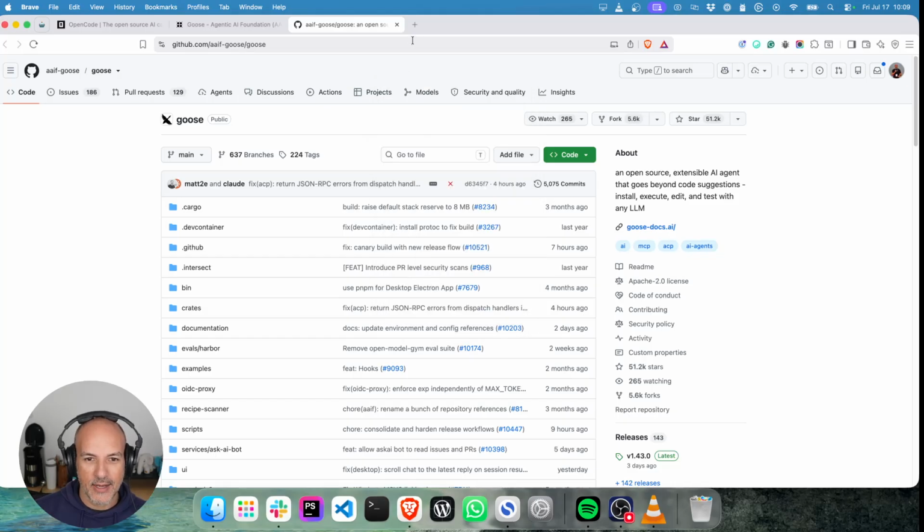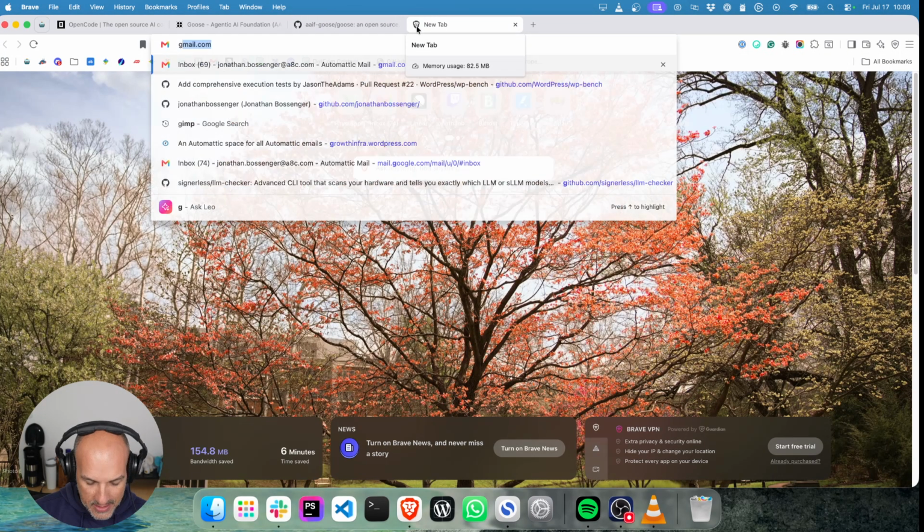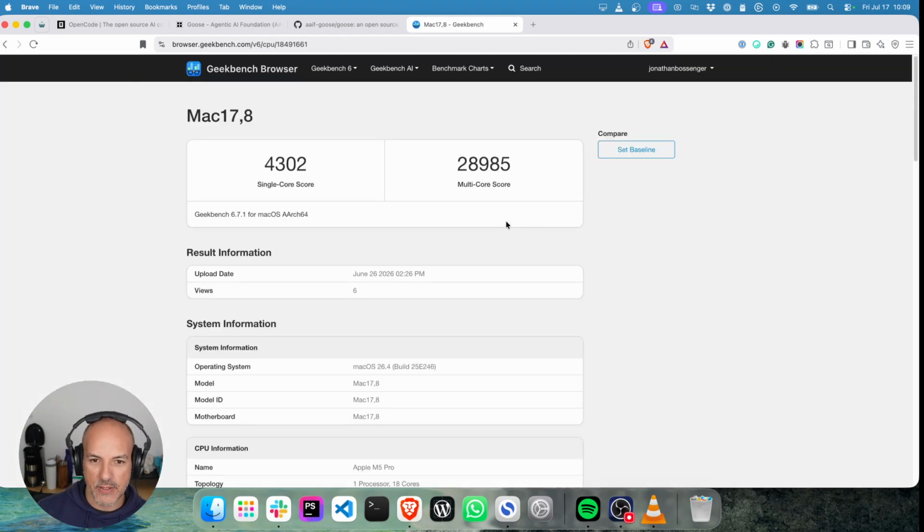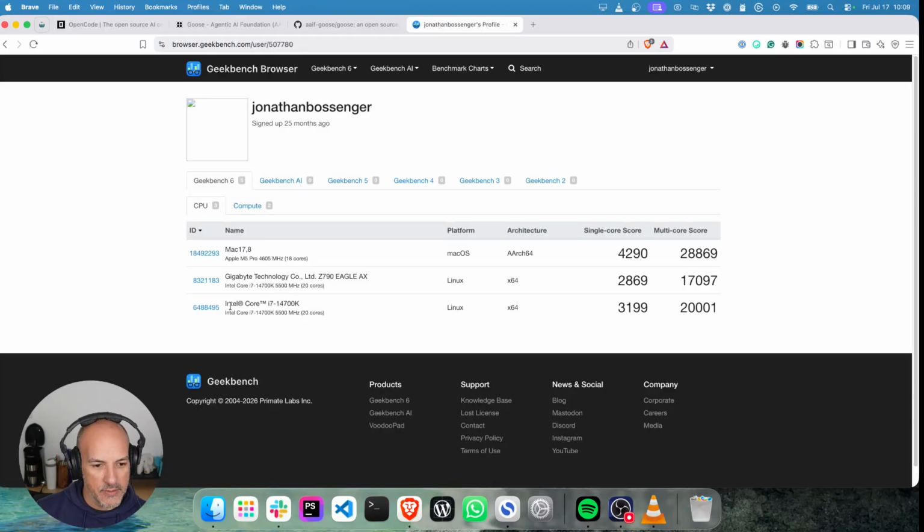Interestingly, and I don't know if anybody here cares about this, but I'm going to share this data anyway. I benchmarked the new laptop against my workstation. You might remember from previous streams, I have a Linux workstation that I use as well. I want to show you quickly the results. The Linux workstation is running an Intel Core i7. I got this about 2 years ago. That's the single core score there, and this is the single core score for this current laptop. So it's slightly faster than the Intel Core i7, and slightly faster in multi-core. Not that much faster. It's only about 8,000 points, which if you do some simple